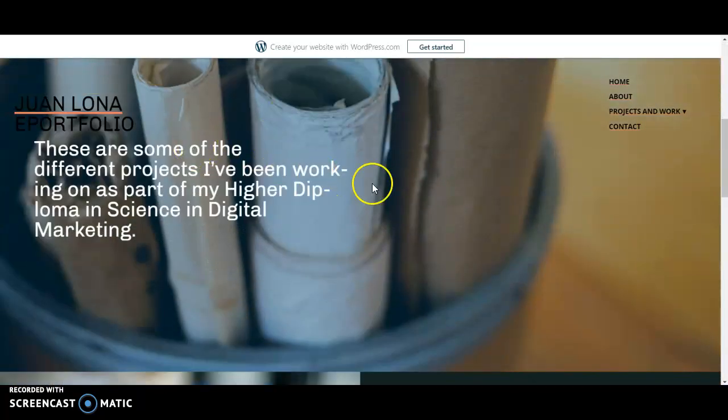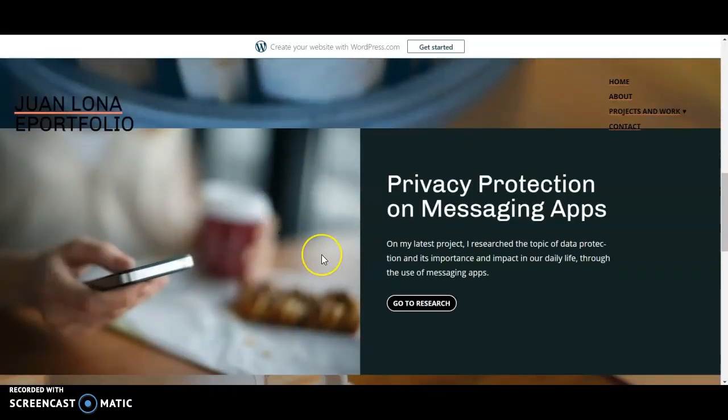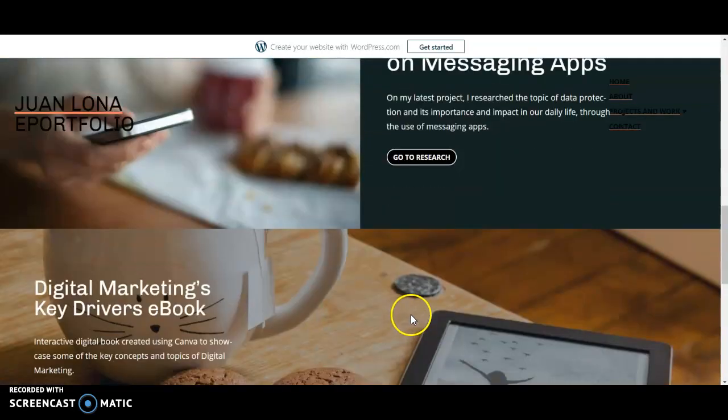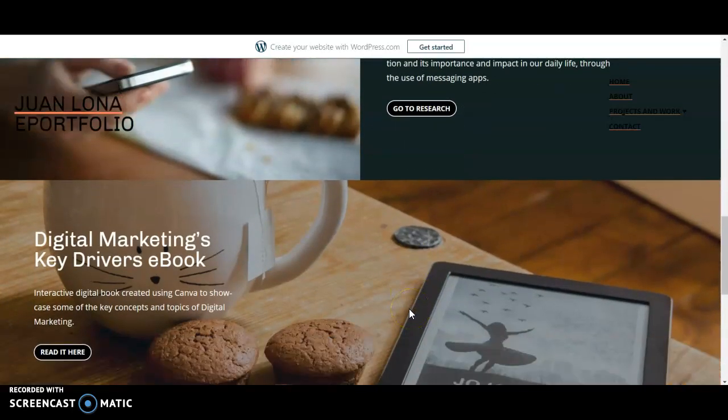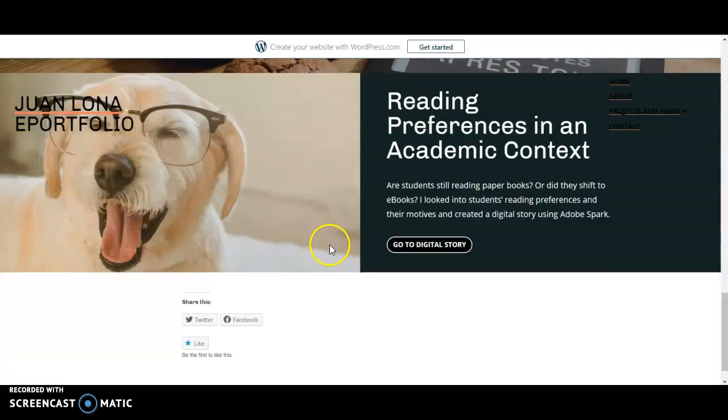I put some pictures to show what each project was about. The first one is the last one that I conducted for this module, privacy protection on messaging apps. A little description of what it is, and then a button to go and start reading the research, and then the others